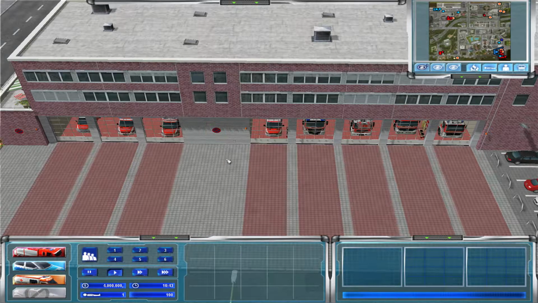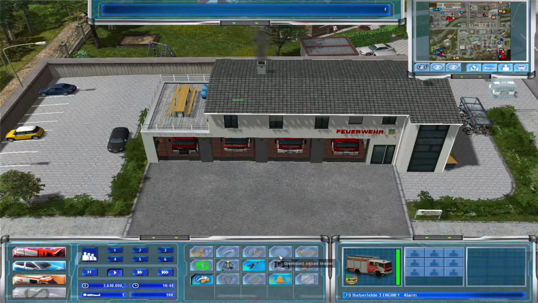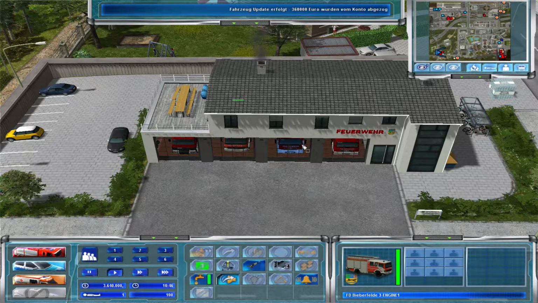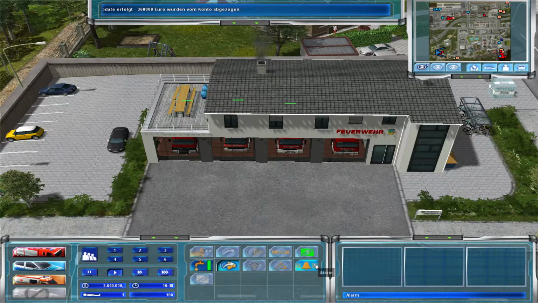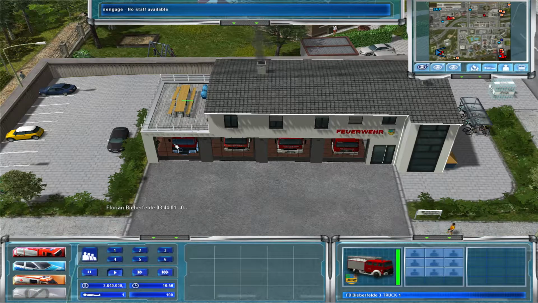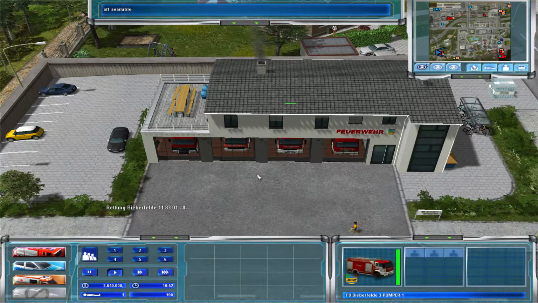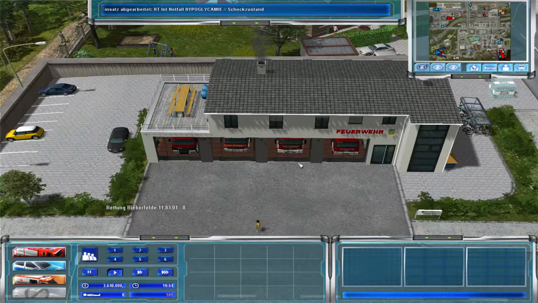So obviously then if you've got an RTC, we're going to have a few issues down here. I'm going to upgrade this unit as well and really quickly get the truck, engine, and I think this is a pumper, get these out as they take a long time to turn out as they're volunteers, so just to be on the safe side. Gonna get these out now. As you can see, car cannot disengage, no staff available for this one. That would be because they run on shifts, so only at certain times you can...